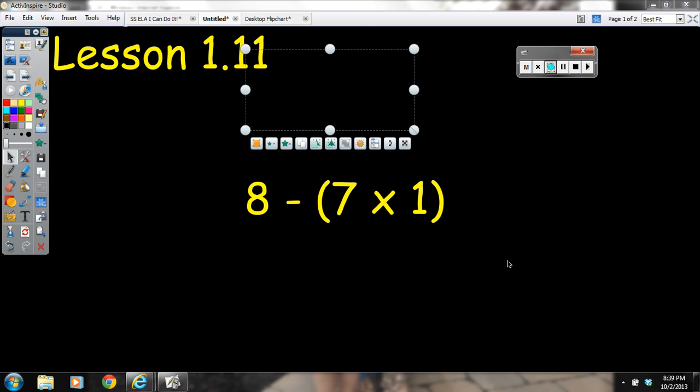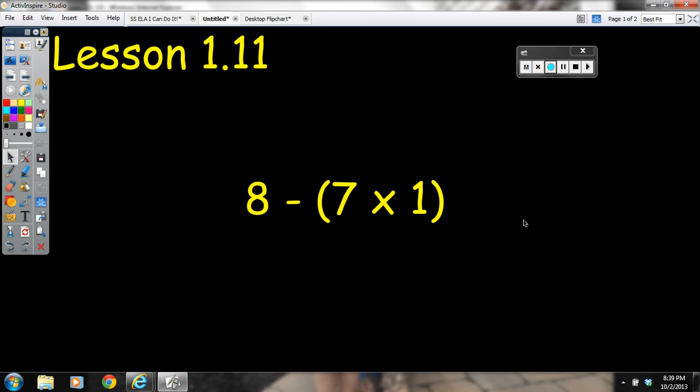What we're going to do is review our lesson from today, which was lesson 1.11, where we had to take a numerical expression and find the value. Now, when we're finding the value of a numerical expression like the one we have here, we need to make sure that we follow something called the order of operations. We have to make sure that we follow this order of operations, otherwise we might not get the correct answer